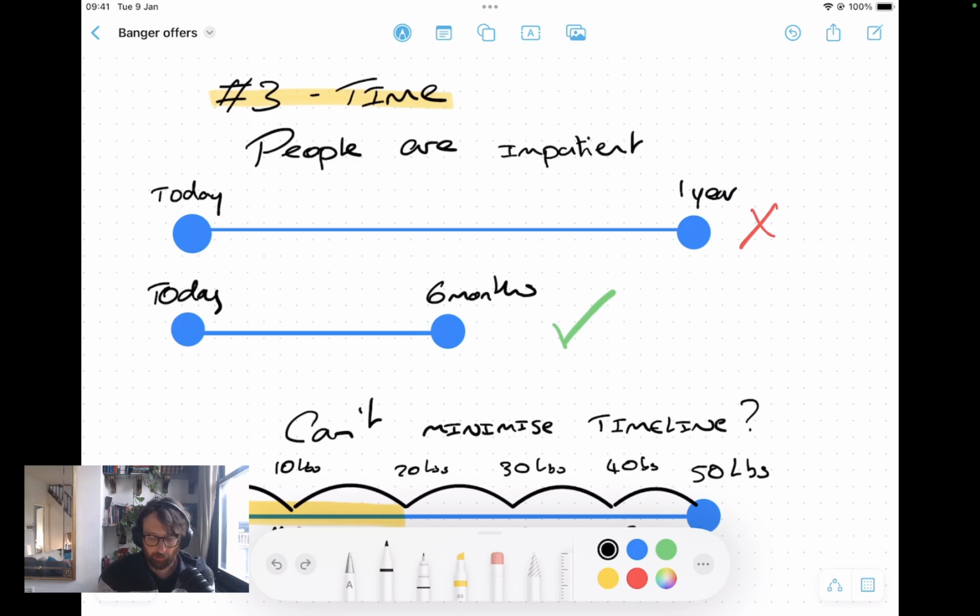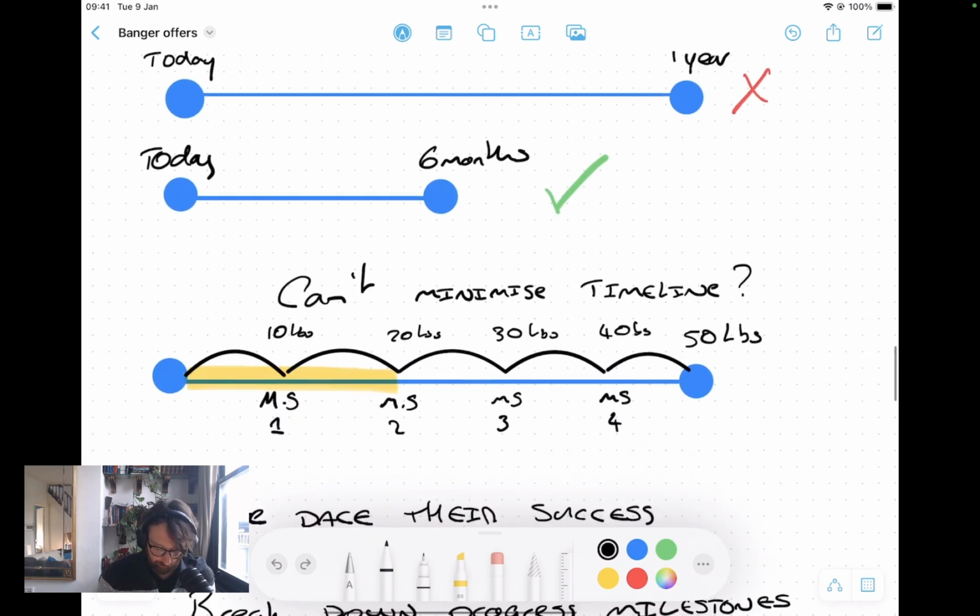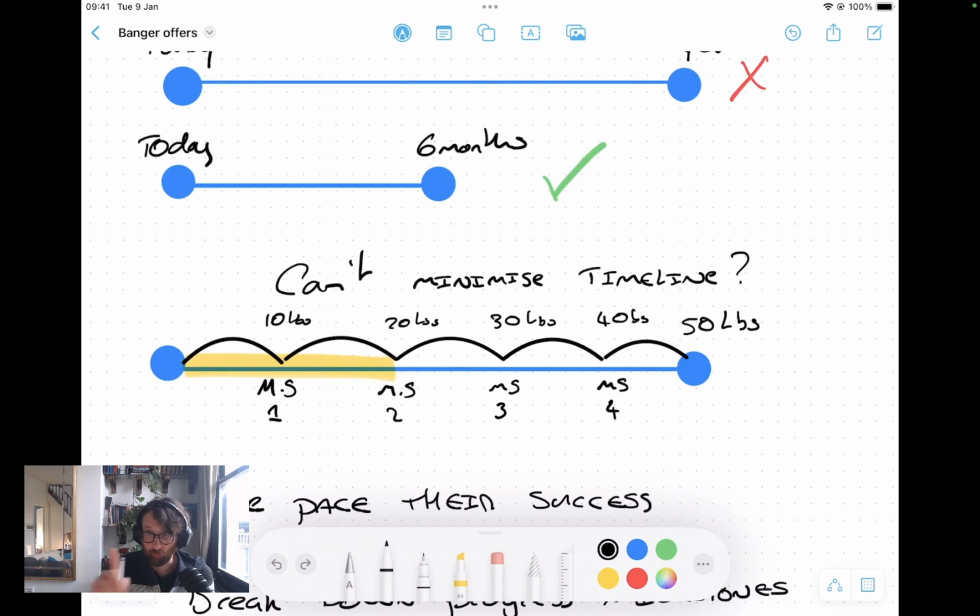If you want to make $1 million, I can't say, you've got an offer that's just not selling at all, I'll help you make $1 million by the end of the month. It's just completely unrealistic. And actually making that claim is going to undermine and devalue everything else that you do, because people are going to think, this guy's crazy. So what can you do is you build little milestones to help see the progression.